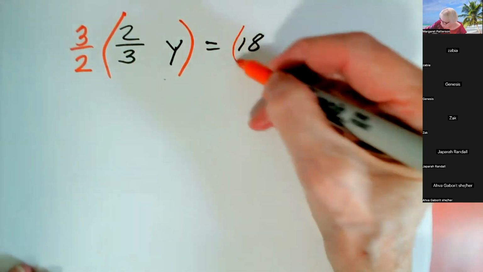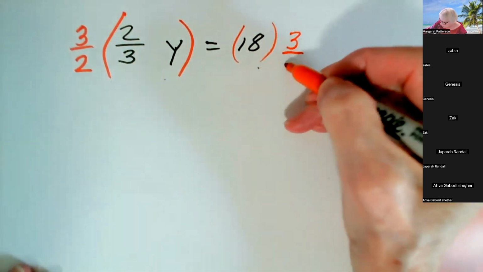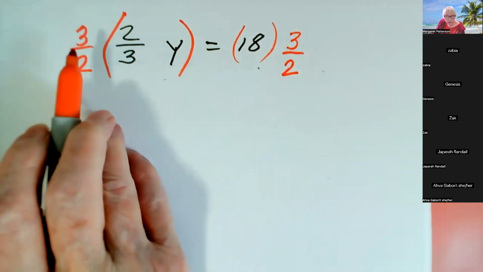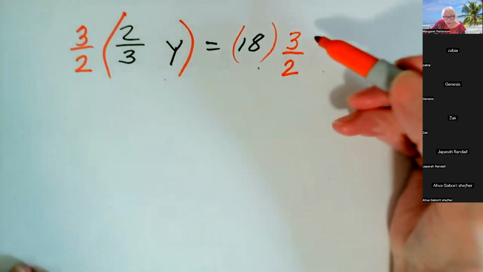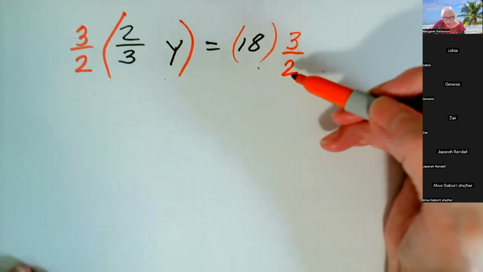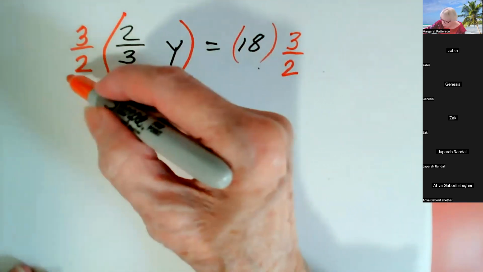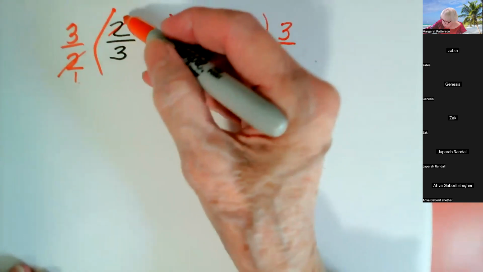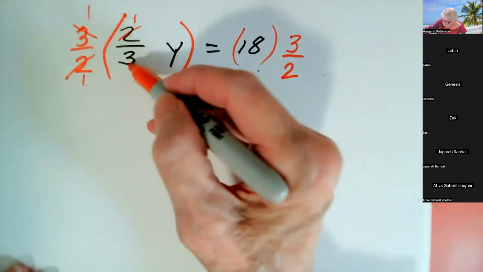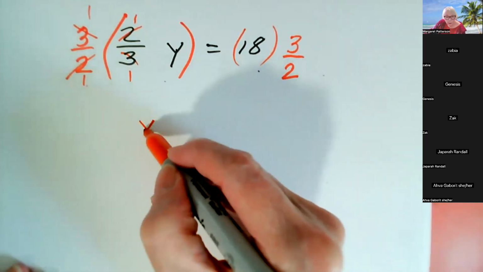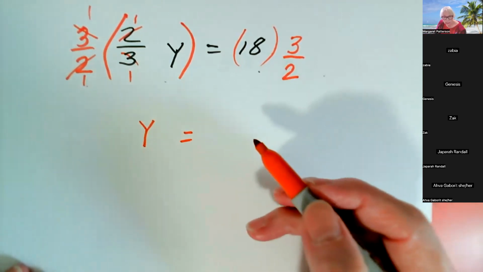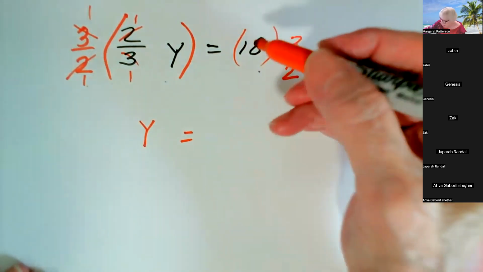And this avoids ugly numbers. So I multiplied this side by 3/2, and I multiplied this side by 3/2. Why is that working? Because the 2's cancel, the 3's cancel, and I'm left with y, which is just what I want. And over here,